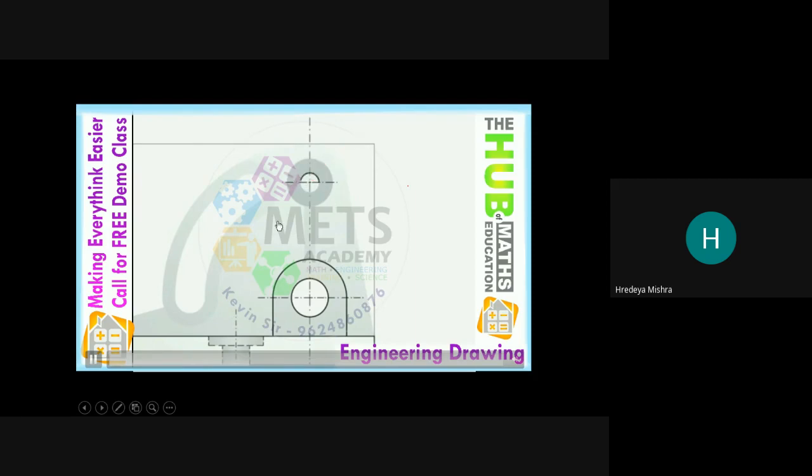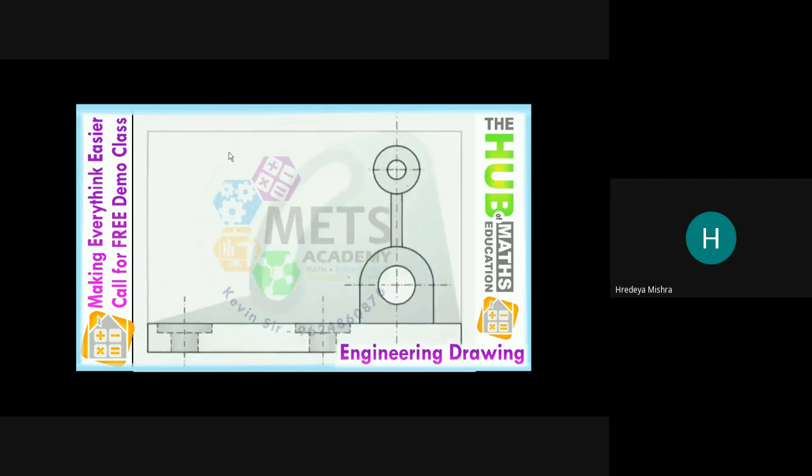Now 10 mm diameter and 25 mm diameter. Now all the things are visible. Now about this slot, about this slot.